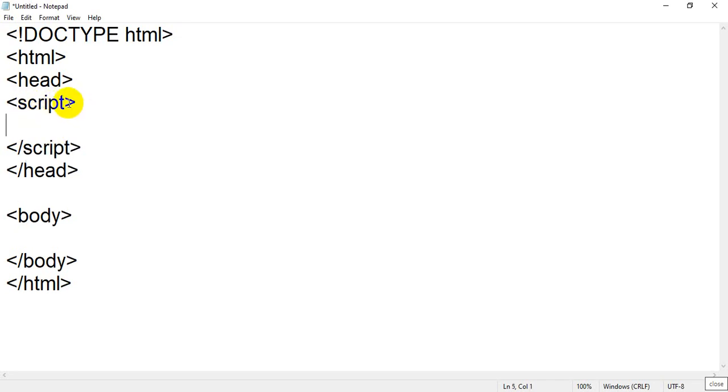Now which type of script are you going to add? Okay, because we have different scripting languages, like currently we are using JavaScript, then we have VBScript, and a number of other scripting languages. So you have to mention it by using an attribute of the HTML tag, the language attribute. Now it will give a clear picture to your programmer or the person who is looking at your code about which language you are using. Okay, so language equal to JavaScript.